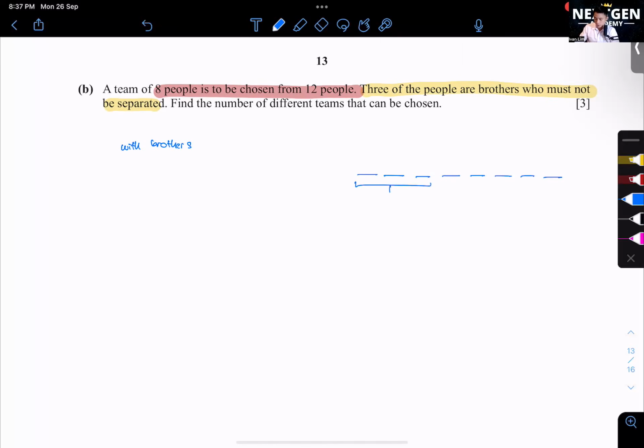3 of them already brothers. Okay, the 3 bros here. So I still left how many people that I can choose? So 12 minus 3, I still got 9 more people that I can fit 5 spaces. Okay, so with the 3 brothers, it's 9C5, which is 126. Without brothers,